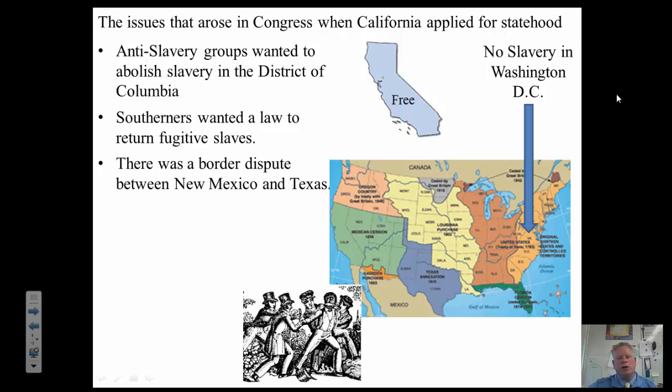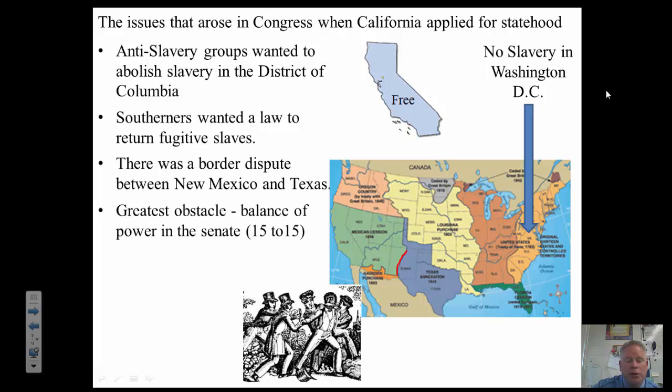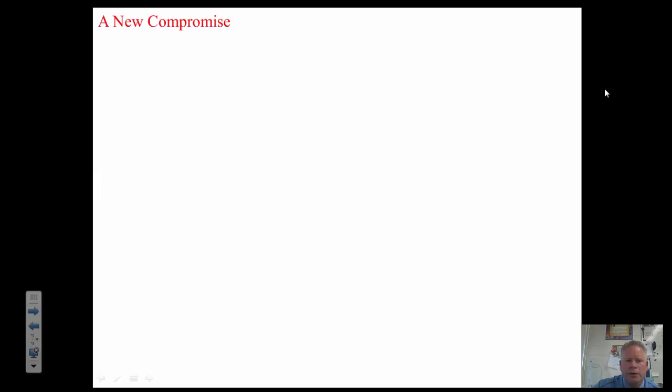So there was also something about the Texas-New Mexico border in there. But the greatest obstacle was the balance of power in the Senate. At the time, there were 15 slave states and 15 free states, which meant 30 votes apiece in the Senate. So a new compromise comes to light. Henry Clay, Mr. Compromise, is still working in the government. Remember, he got elected for the first time in 1810, so he's been in there for 40 years. It's 1850 now. And he looks at all these different issues going through Congress and decides to create a compromise,